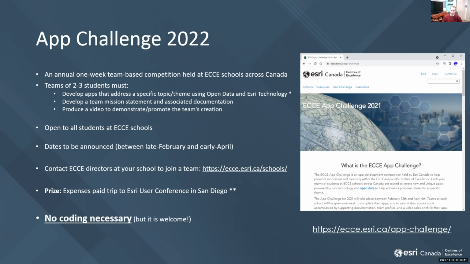One is it is a team-based competition, so get some team members who have some development experience, and they can take on the bulk of the work for programming and developing an application, and there's lots to do for composing a video, developing the documentation, sourcing data, all of that stuff.